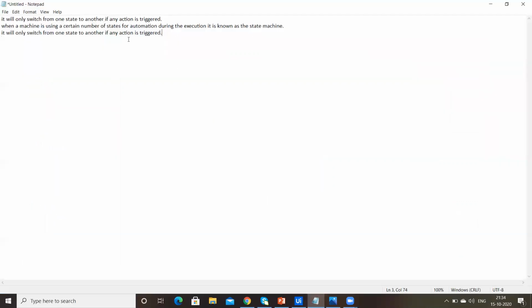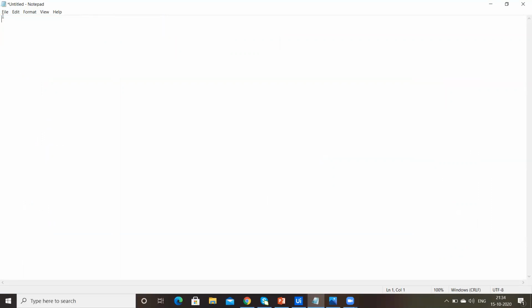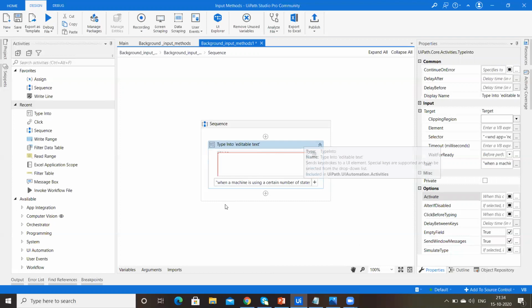Just remove this one. Just minimize this. Now notepad is not visible on the screen. Save this. Let's run. But now the notepad is not visible on the screen.